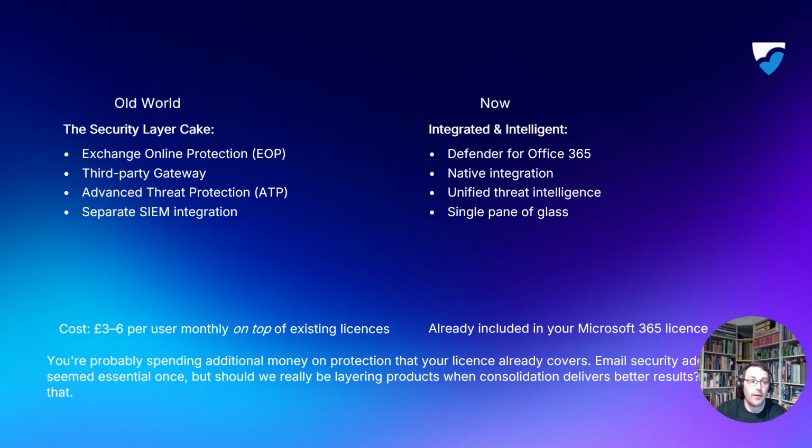And that started with EOP, exchange protection. Well, not exchange online protection, but protection at the basic level on an exchange server, third party gateways, that email layer that we had before. Our MX records pointed to it, emails went through it. We made sure we created new policy delivery. We had advanced threat protection, maybe in the form of a different integration or another third party solution. And then that separate SIEM integration, that security layer cake, the area where we had multiple layers from different vendors